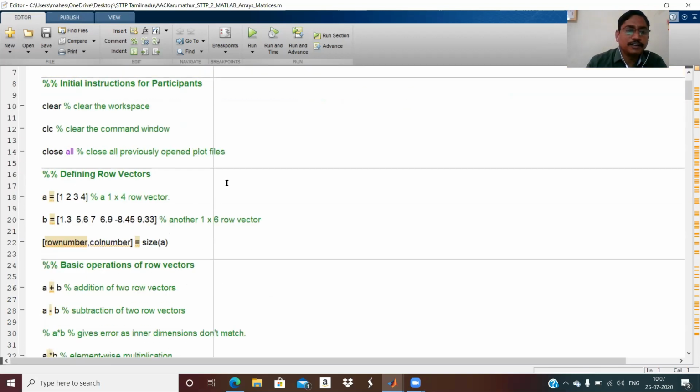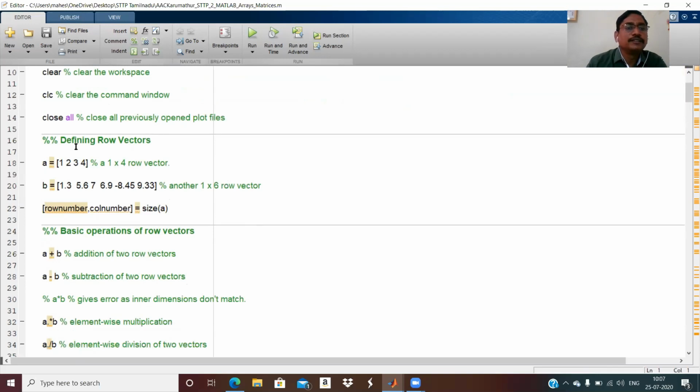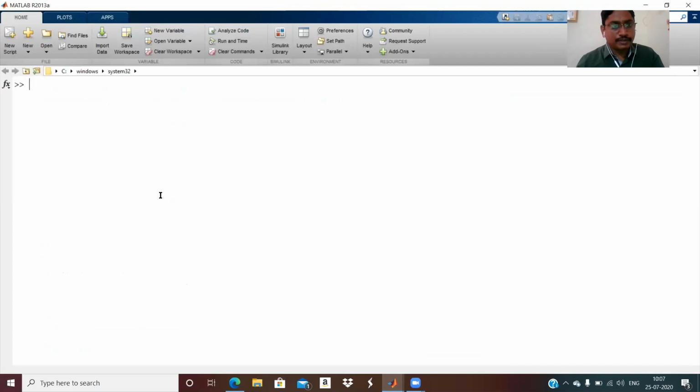Now we can see here how to define row vectors. Suppose A is a row vector, one space, one can use a comma also. This is a row vector. Suppose I don't want to look at this, just put a semicolon.